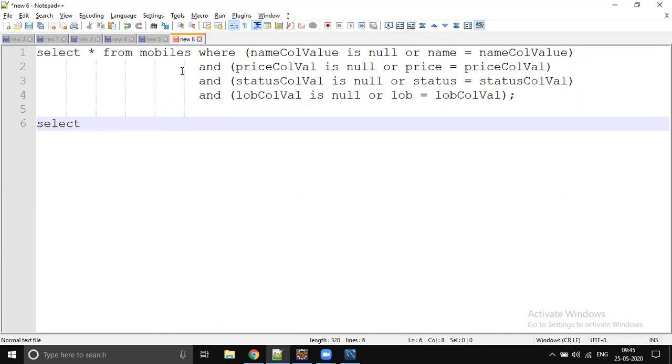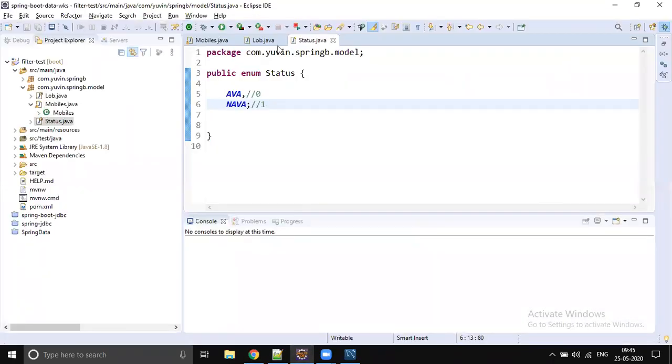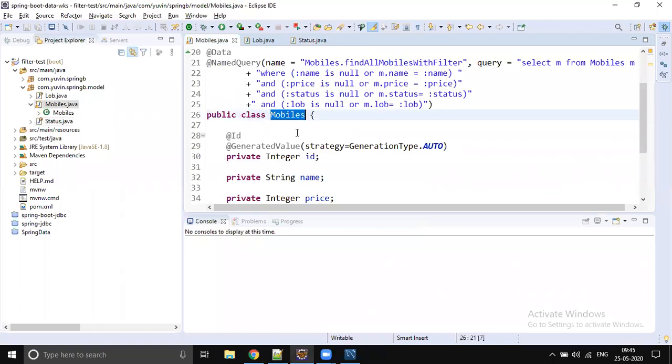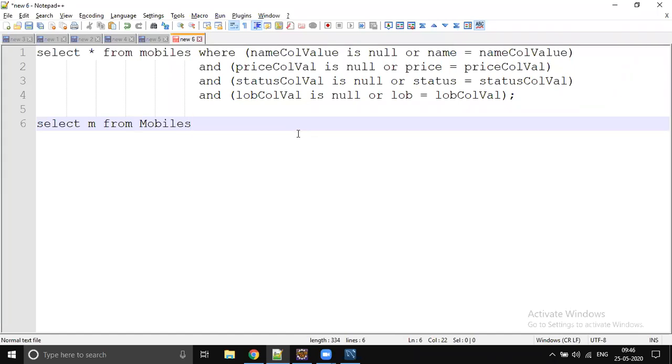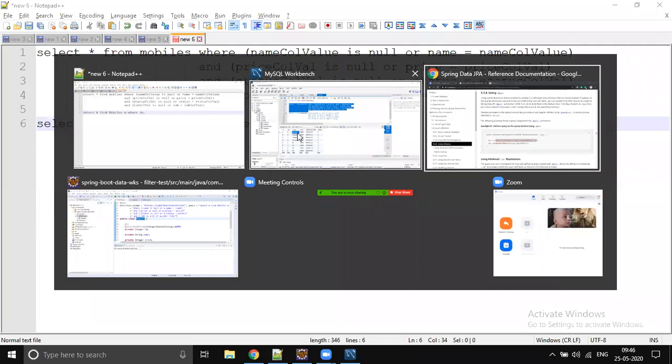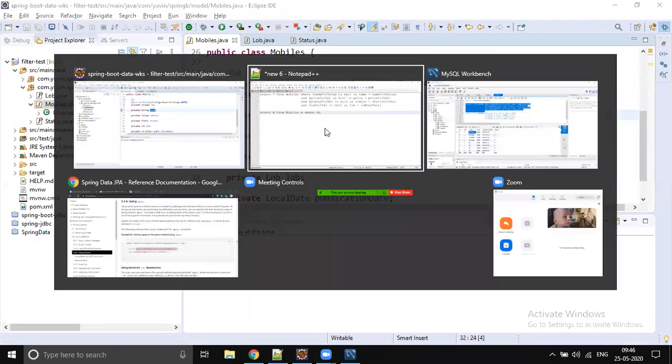JPQL, right? So select m from what is the entity class name? Mobiles, right? So, mobiles m, where m dot, what is the property name? Name, right? So if name is coming, it's fine.